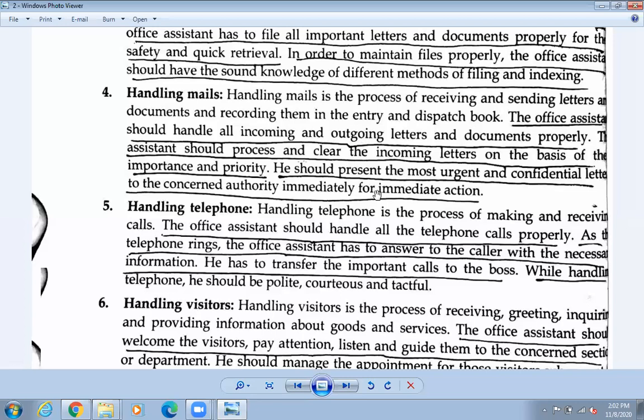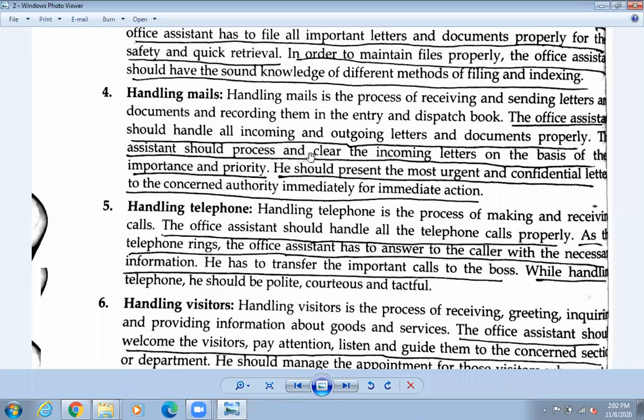त्यो book भित्र मैले okay मैले लेटर यसलाई पठाए. Okay, त्यो लेटर मेरोमा आयो. यस्तो खालको लेटरलाई चाहिँ we call it dispatch book. Okay, where the records of letters which has come, which has gone out. हो त्यो लेटरको बारेमा लेख्छौँ हामी. Okay. So the office assistant should handle all the incoming and outgoing letters and documents properly.